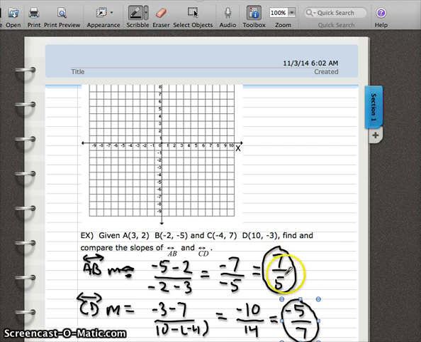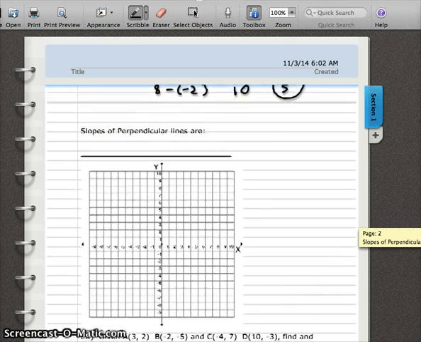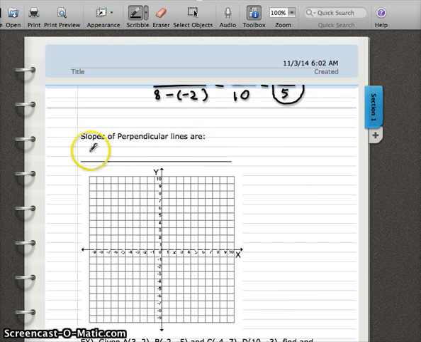First of all, hopefully you can recognize that one is just the reciprocal of the other, meaning it just got flipped upside down. But then the slope for line AB was positive, and the slope for line CD is negative. So not only are they reciprocals, but they're called opposites. Anytime you have a positive and negative, those are opposites. So two traits or two characteristics, and they both have to be true every time. The slopes of perpendicular lines are opposites